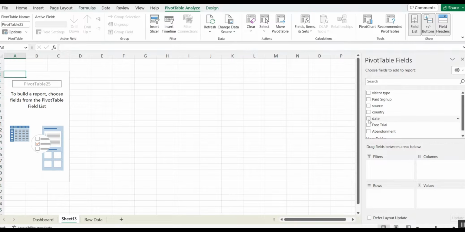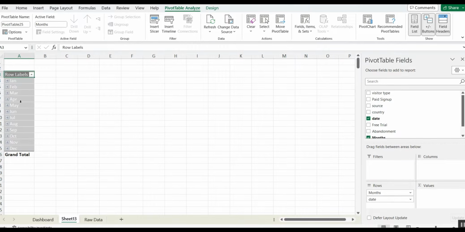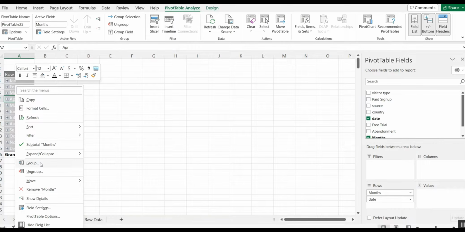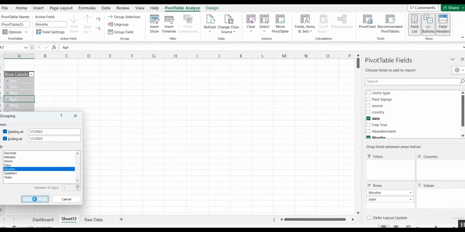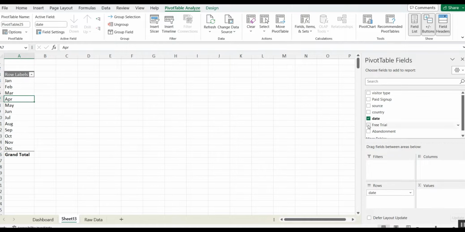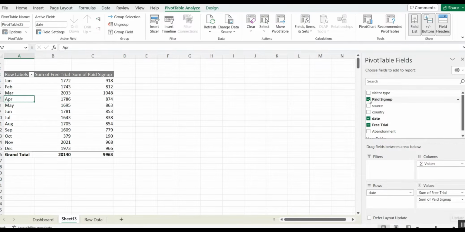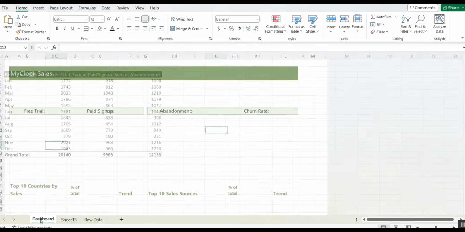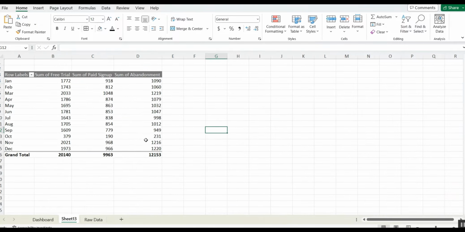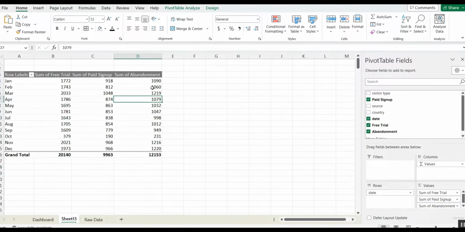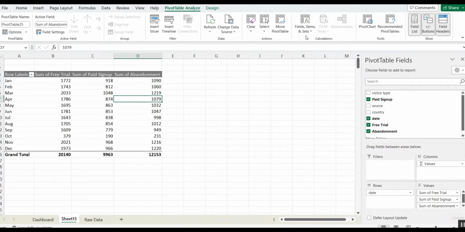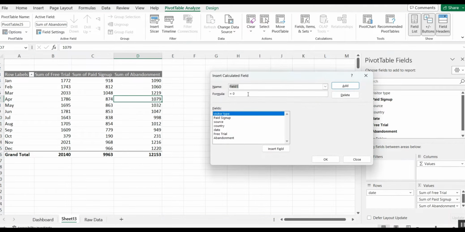The first thing I need is the date, and I want to group this by months. The next things I need are the free trial, paid signed up and abandonment. Another thing we need is the churn rate. I've already explained what it is and why it is important, so we need to create a new field for that. I'll click on this table and go to pivots, fields, items and sets, calculated field, and I will name it churn rate,